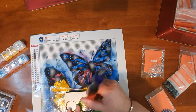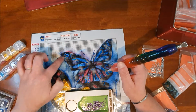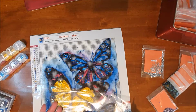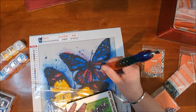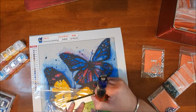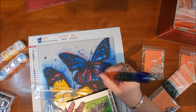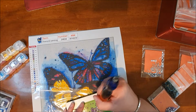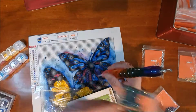I'm umming and ahhing whether I should put some of this black around the edge of the butterfly. I don't know yet. I think if I was to do it, I might outline the butterfly. I don't know. What was I doing? W, purple. Let me know in the comments below what you think we should do with the black and the butterflies, because I'm not going to get this all done today. Whether I should just leave it black and leave the rhinestones within the color of the butterfly to pop, or whether I should put some of this black AB on